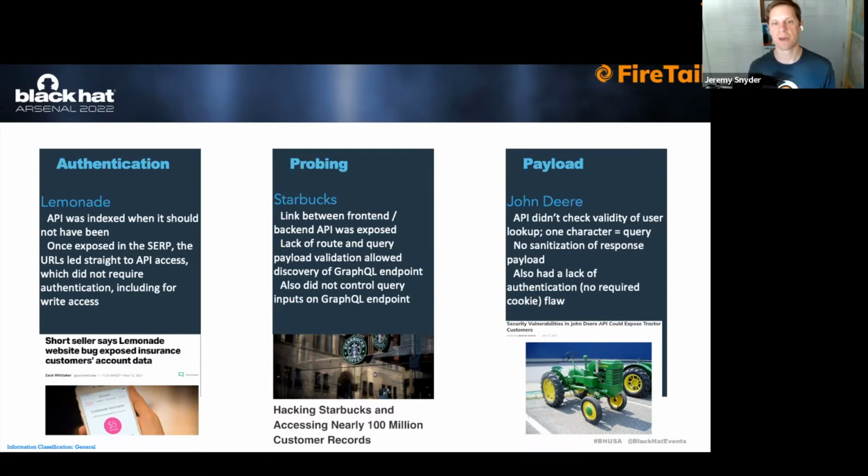The second category that we classify under the bucket of, let's say, bad calls, there are two issues there. One is on probing and enumeration. Very often what that can lead to is exposing the backend API, where there is an assumption that the front end of the application, whether that be mobile or web-based, abstracts that backend away from the end user. And so the end user or the bad actor may not see where that API sits at the backend, may not be able to expose the routes and methods associated or available to that.